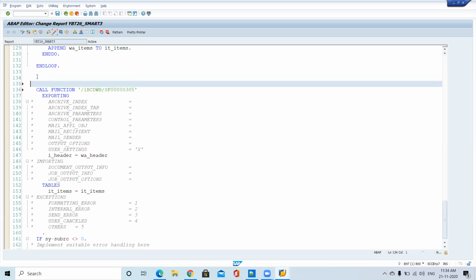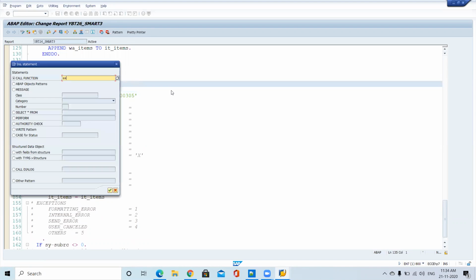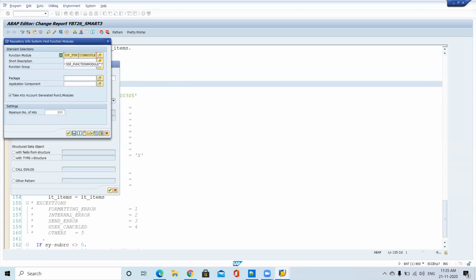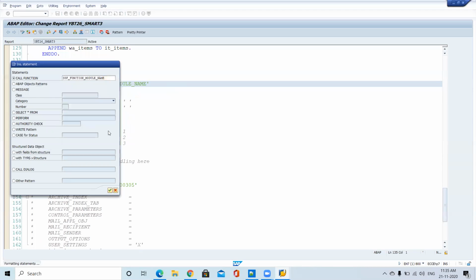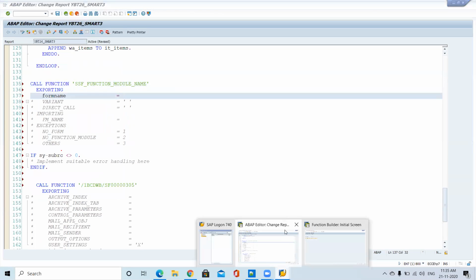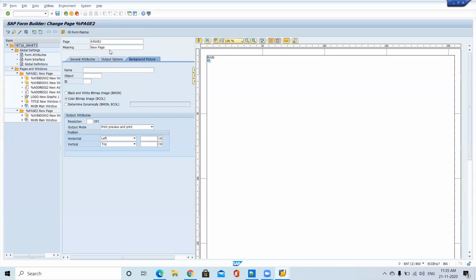Then how can I get the function module name? So we have one more function module. For this function module, you have to pass your smart form name. Then it will give your function module name. So what is your smart form name?